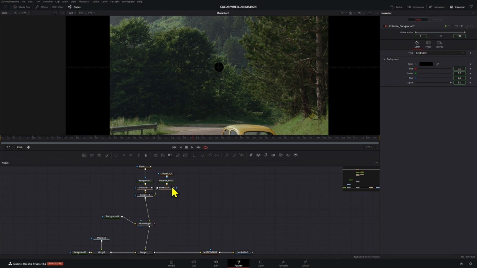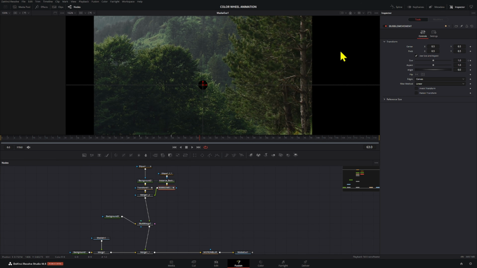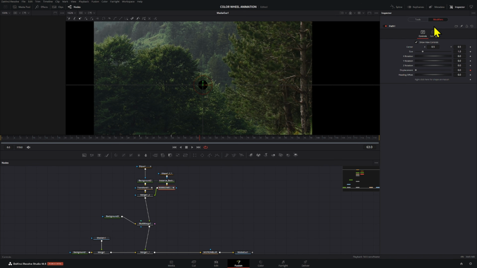Then the next thing that we want to do is actually add a path to the animation of the center right here. For that, we're going to right click and then go to path, or you can also animate, and that's going to create a modifier usually, but whichever option you choose should work. If you don't have a path right away, you can grab this pen right here and then draw the path. It's going to have the first point and the second point.